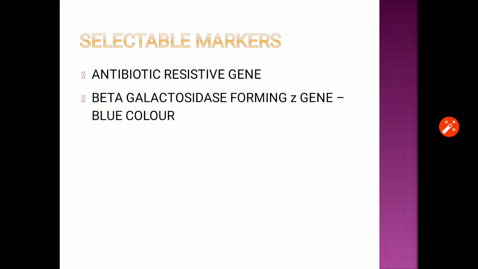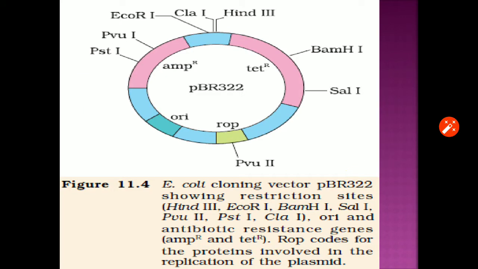Now about the antibiotic resistive gene. It is a little bit complicated, but we need to get back to the earlier slide, that is about the vector. Now here, as you are able to see, the plasmid belongs to E. coli,